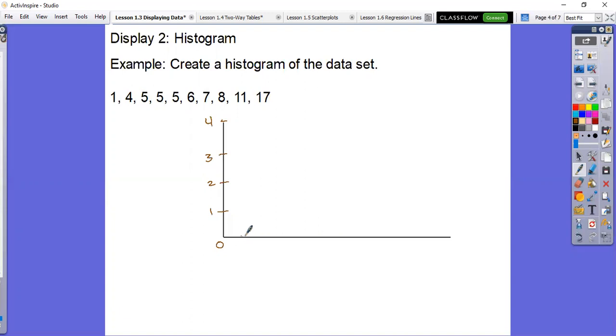Okay. So what we're going to do on a histogram is we're going to label our axes. So we've got 2, 4, 6, 8, 10, 12, 14. We're going to extend this a little bit. 16, 18. So what we're going to do with the histogram is this interval from 0 to 2,